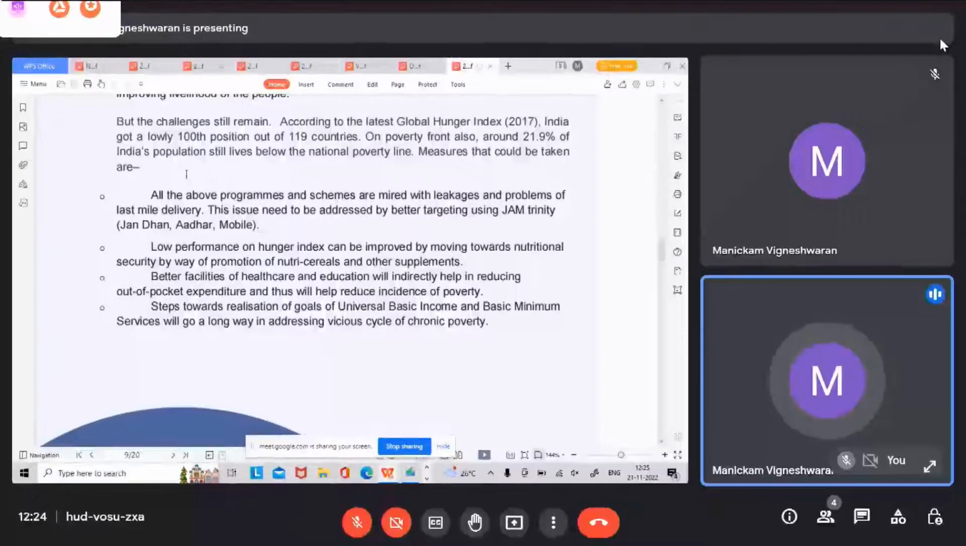This is the Trinity to ensure the direct benefit transfer of government funds to the targeted beneficiaries without any leakages. All the above programs and schemes are mired with leakages, so the leakages can be fixed by the JAM Trinity. Low performance on the hunger index can be improved by moving towards nutritional security by way of promotion of nutri-cereals and other supplements. The Union government also